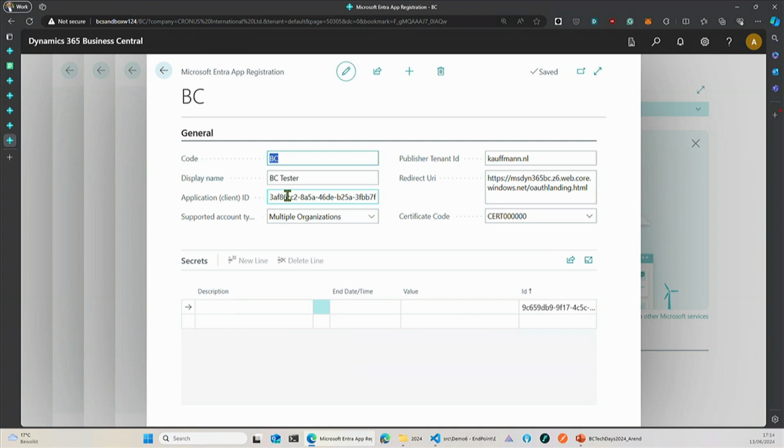It does have a client ID. It allows multiple organizations, meaning it is multi-tenant. It could also be single-tenant. And in this case, it's not having any secrets. I'm using a certificate code. And the certificate code,